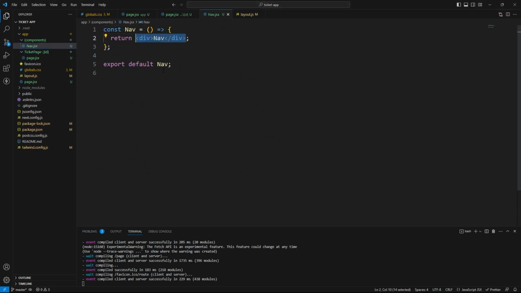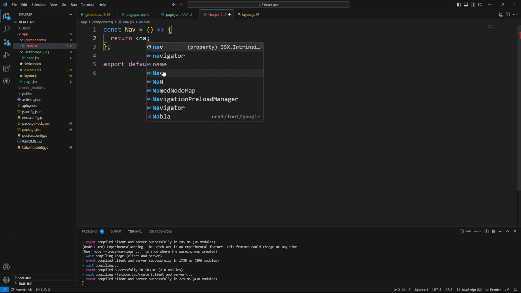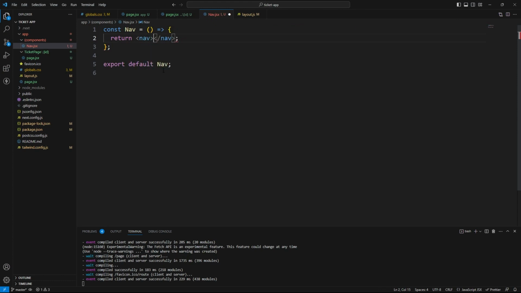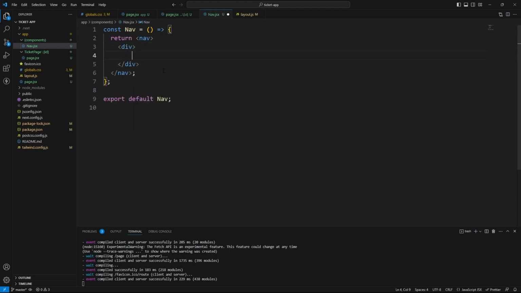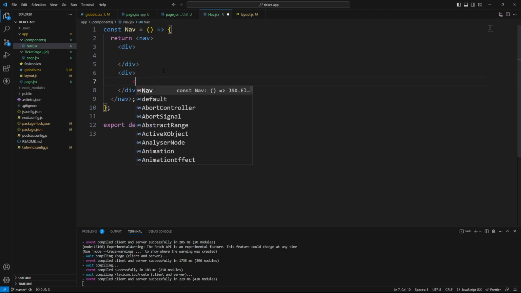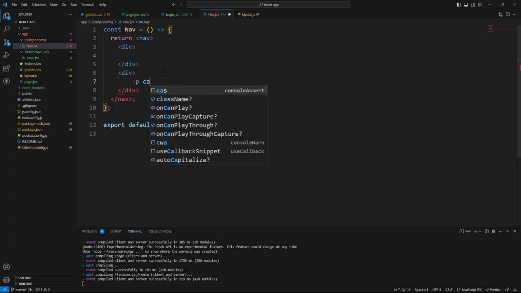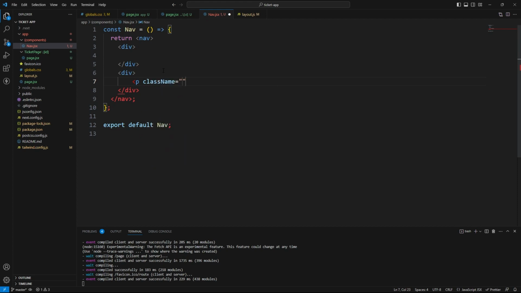Let's go ahead and delete everything inside this return. We're going to use a nav tag like this. And then we're going to use a div inside of that. And then we're going to have two icons in here. And then we're going to do a second set of divs below. And this can just be our placeholder for a login system later. Now we're not going to do that in this project, but I have an advanced video that you can check out that will go over that as well,